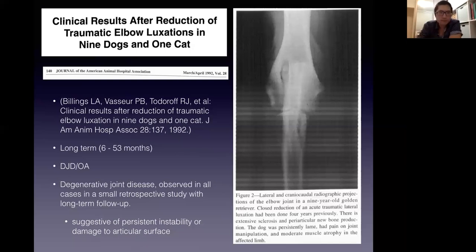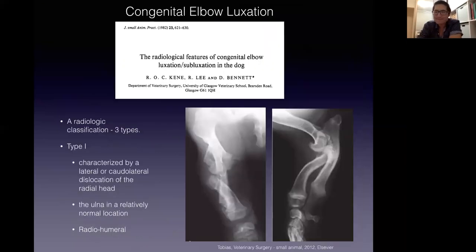Hopefully, yes. Can I actually add to that now that you've got me in elbows? How often do you see concurrent fractures in the bones surrounding the elbow joints, which are notoriously difficult to see radiographically? Yeah, great question. I think it's actually quite rare to see